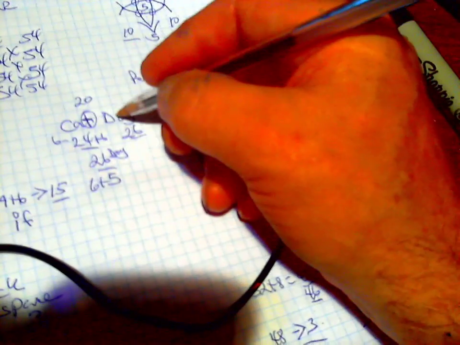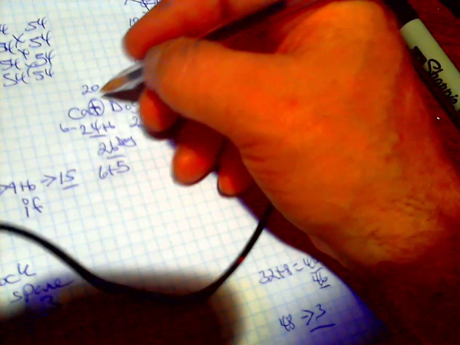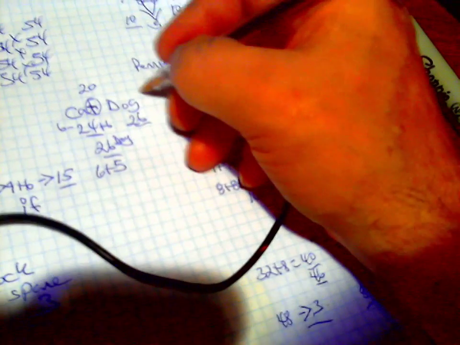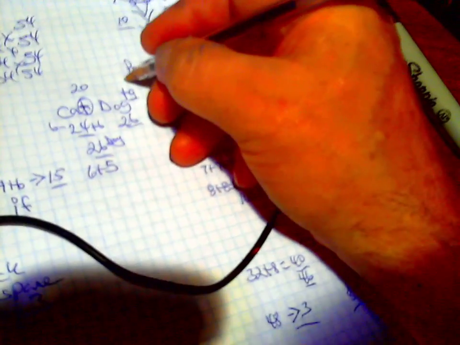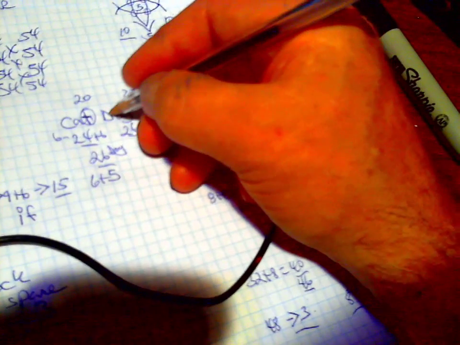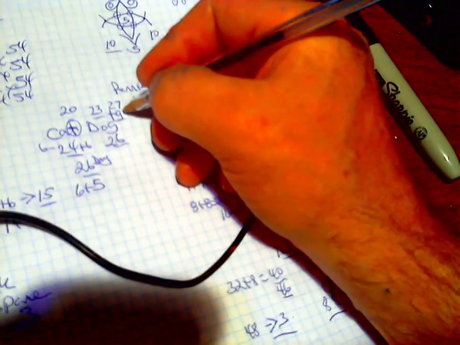Over here, C and A go with D and O. D-O-C-A. So you would put T and G together for 27. And D-O equals 4, 19, 20, 23 equals 50.